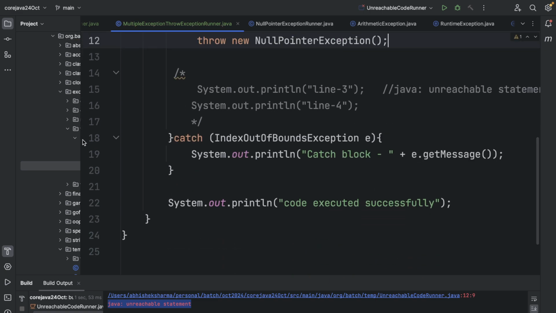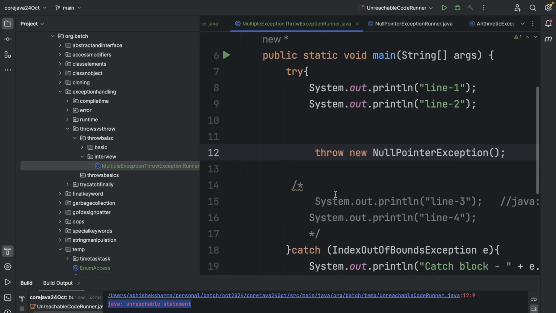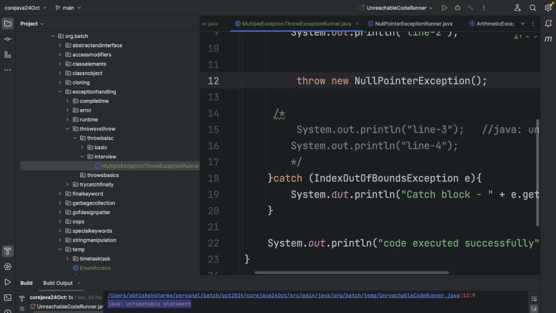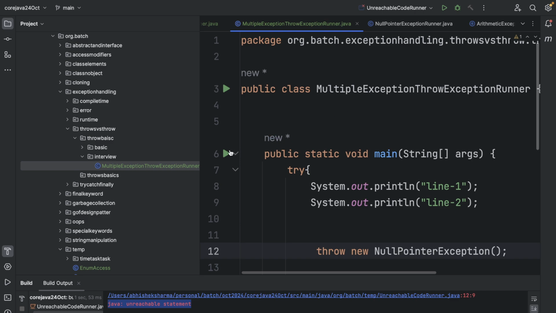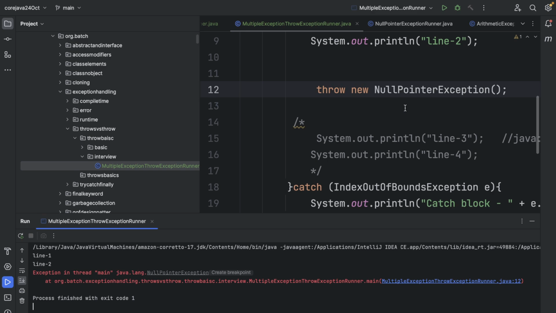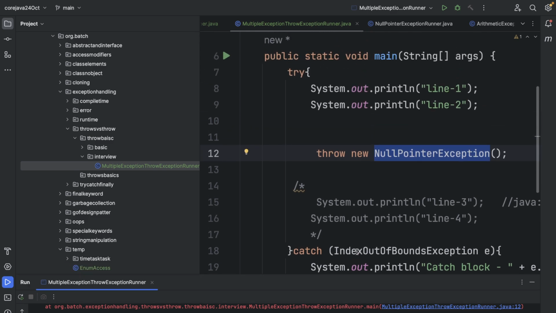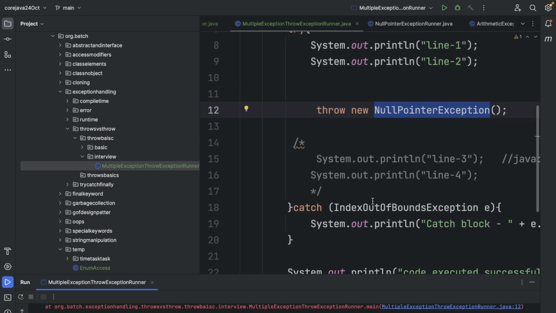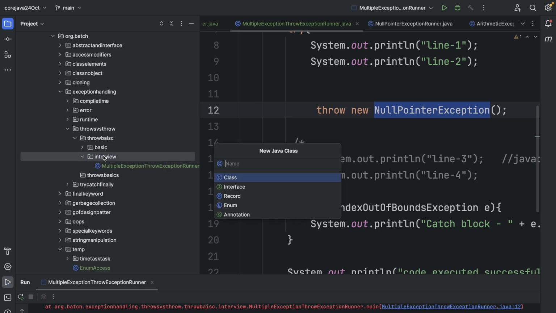All right, and the next one. So unreachable statement, we have fixed this. Now if we run it, we are throwing the null pointer. So over here, I'm throwing the null pointer exception. All right, cool. So another one will be